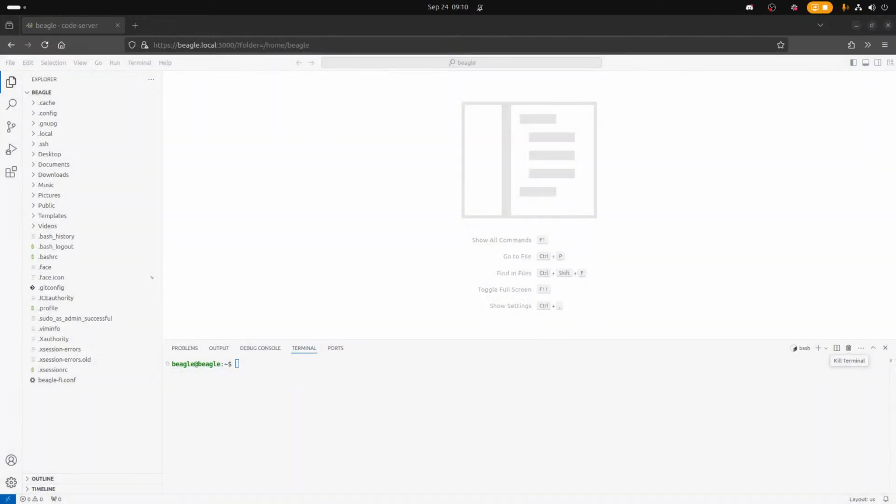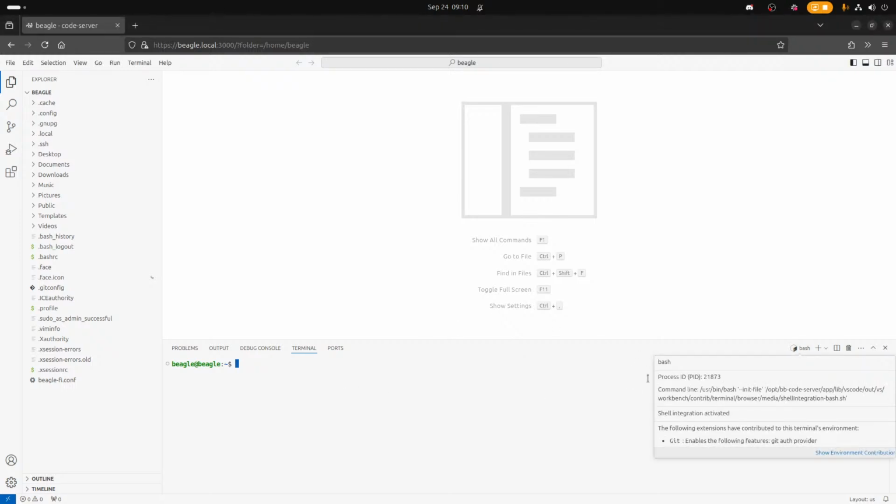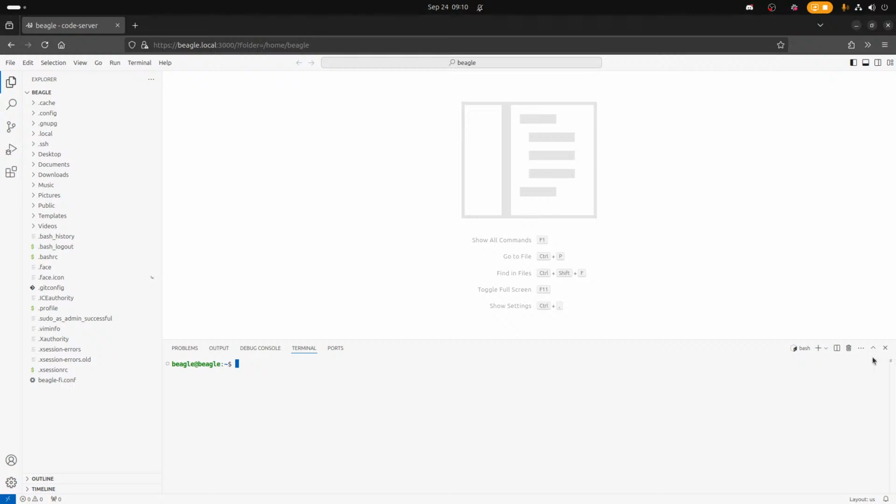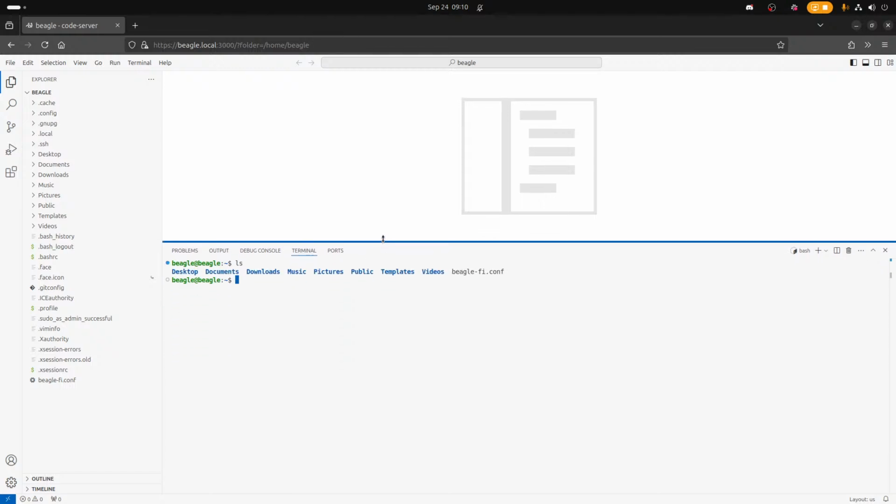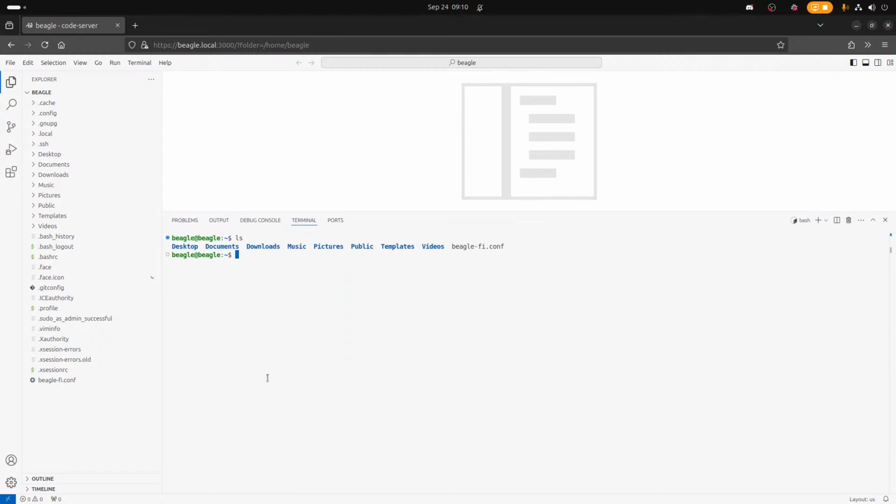There we go. Don't know why that is. What's integration? Command line shell. Okay, now I can see VS Code. Great. No, the only thing I tried last time was increase the font on this.